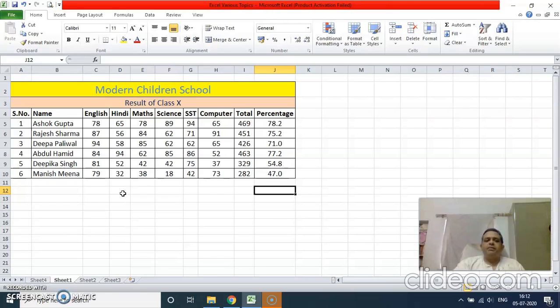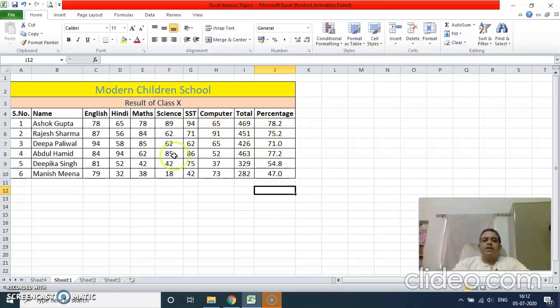It's a very interesting topic, and also very useful. How to use that? Conditional formatting means, now this data, I want to give a separate color to the totals having a value more than a particular value, or I wish to show the result in such a way that students who are scoring more than a particular percentage should be shown in a different fill color.